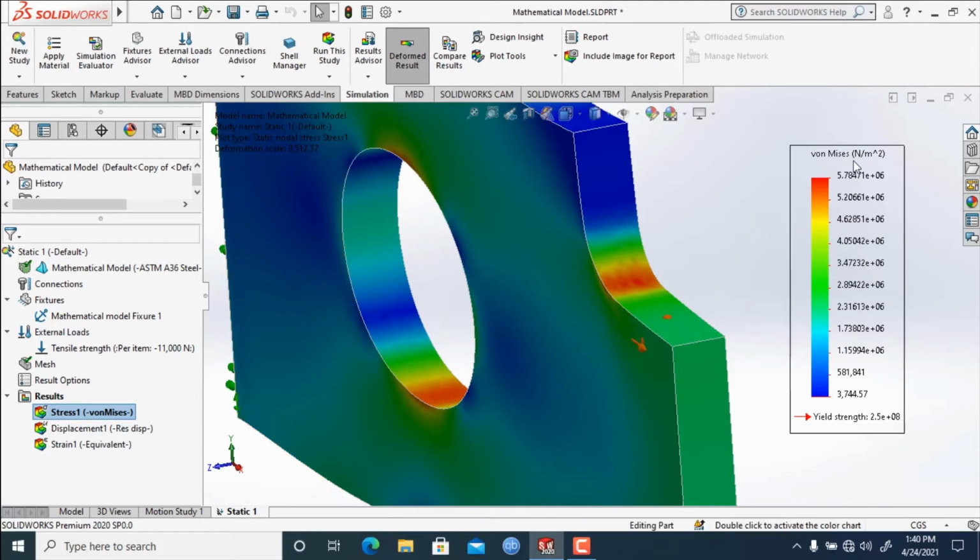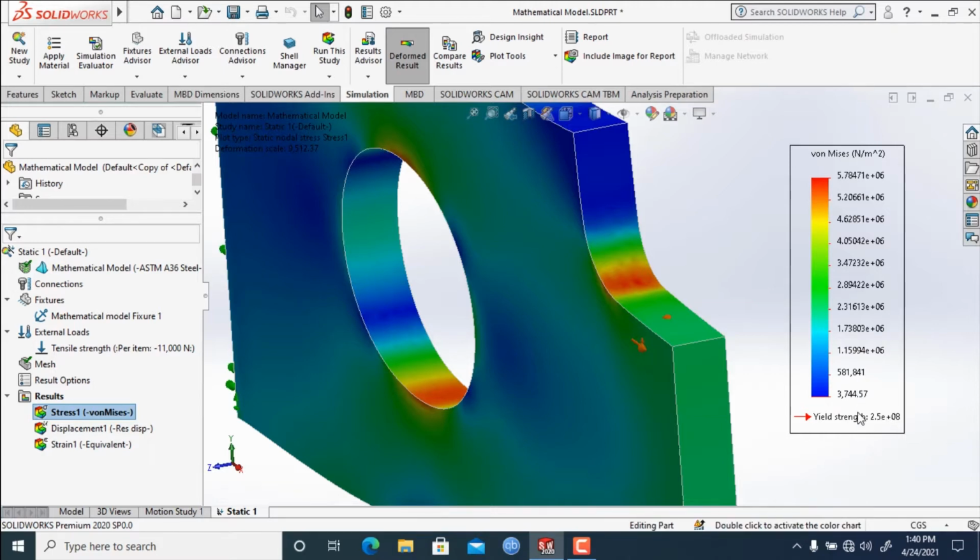As we can see, it is showing the von Mises stress, and the unit is Newton per meter square, and the maximum stress applied on this red zone is 5.78 into 10 to the power 6 Newton per meter square. It is showing us scientific notation, as we gave the order to show it this way.